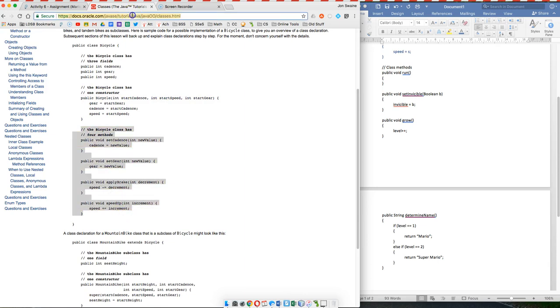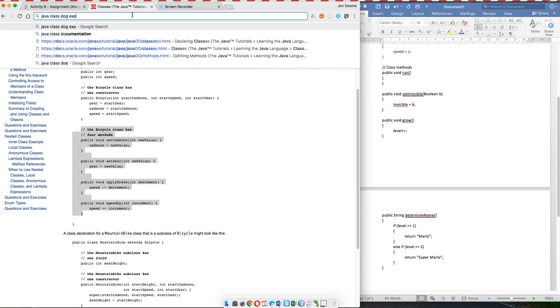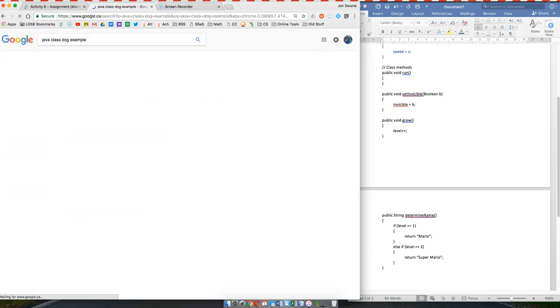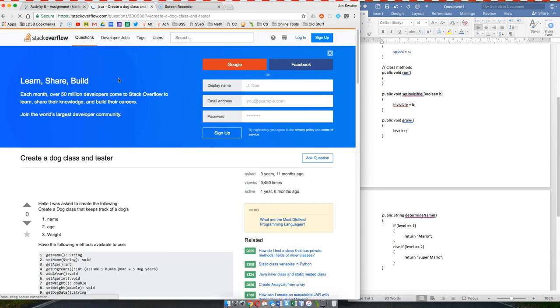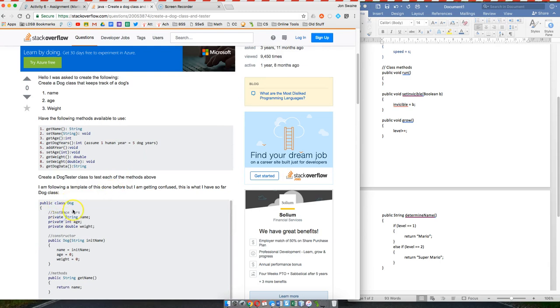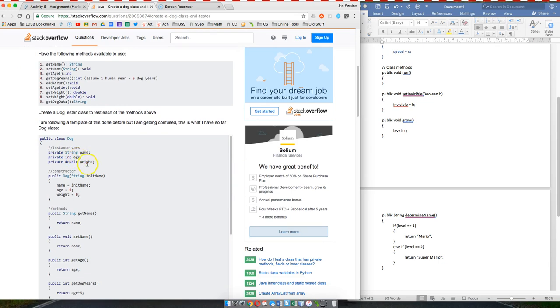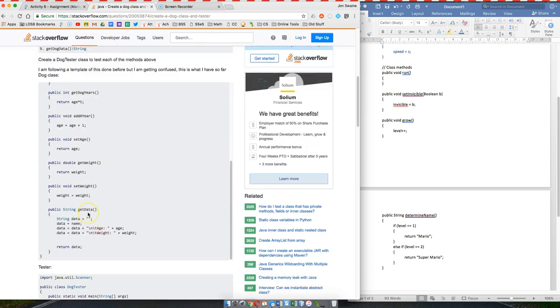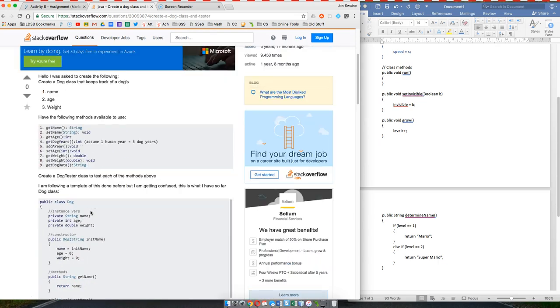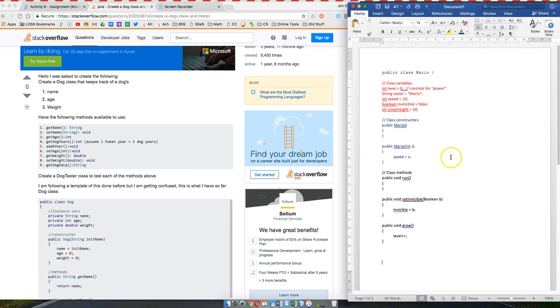And you can find tons of different examples. So if you go Java class dog example, I've seen one where if you make, there you go, create a dog class. So here's the example of a dog class right here. So somebody made a dog class for whatever program they're making, and they say, okay, a dog has a name, an age, and a weight. Here's a constructor where every dog is going to have these defaults, and here are some methods where I can do stuff. Okay? So that's what I'm looking for.